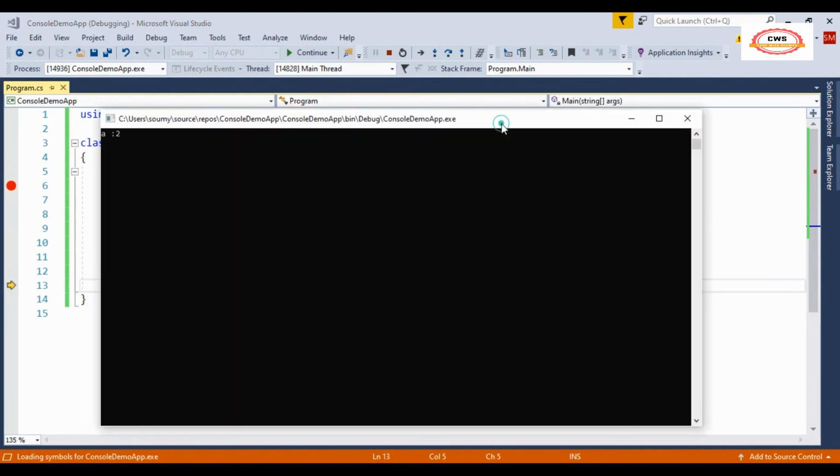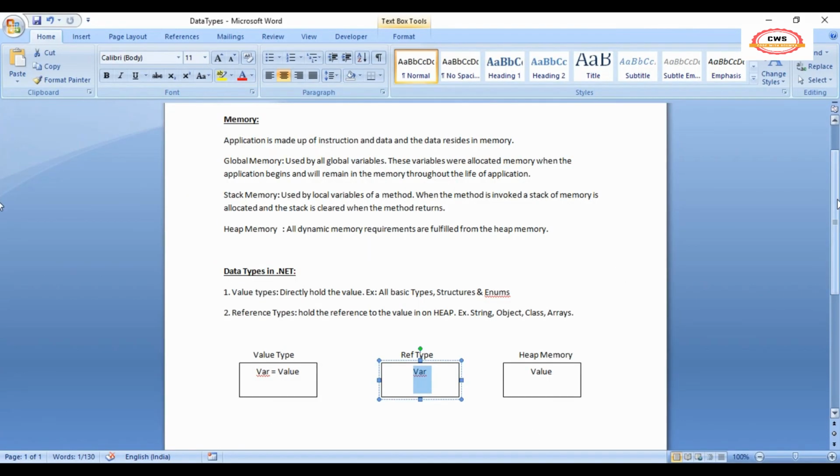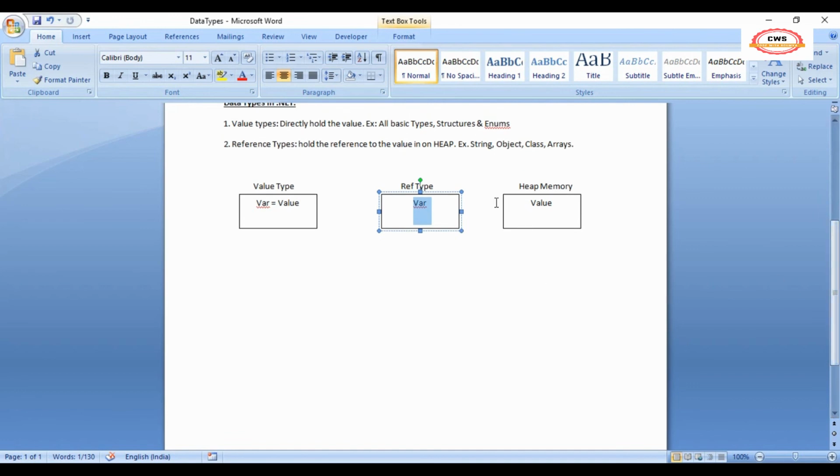Okay, now you got it. We have changed the value of b, but it's changing the value of a. Why did this happen? Because both are pointing to the same memory location that is present in the heap. Suppose this is the array a.